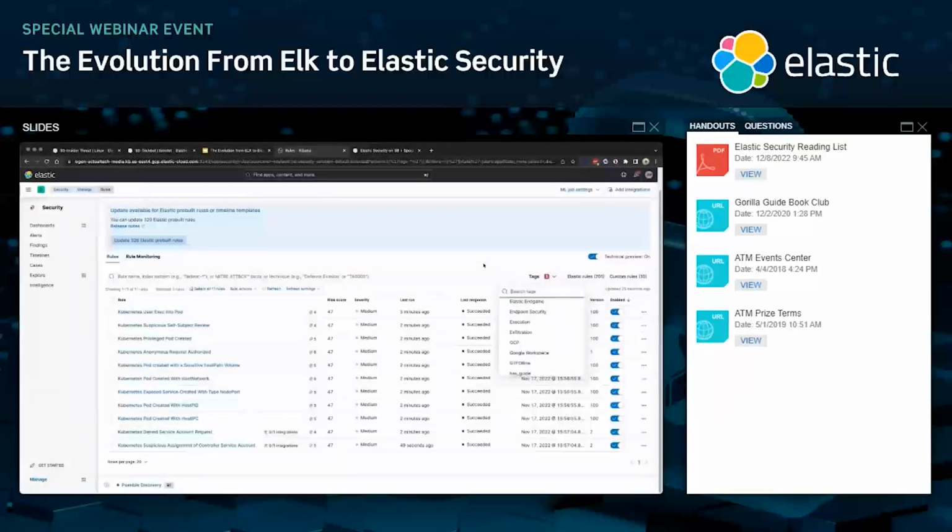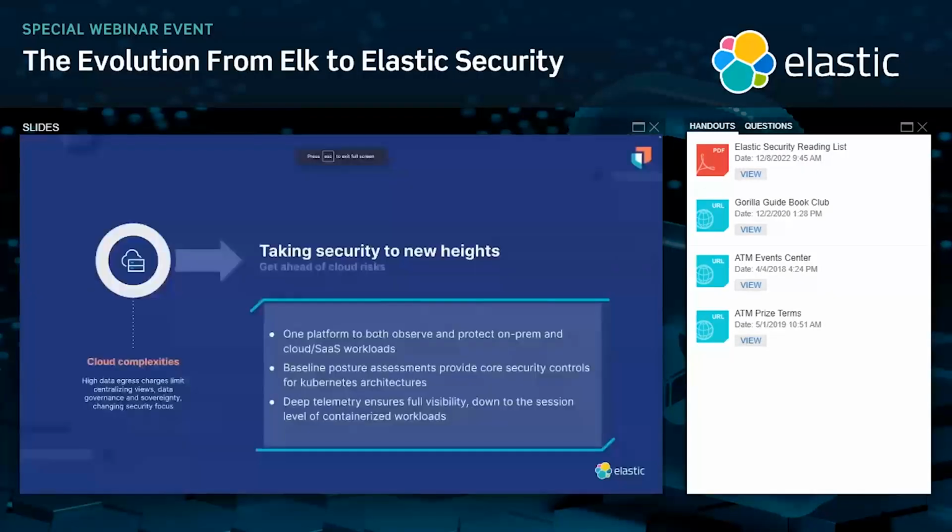So going back to the slides, what did we see here? Hammering that one platform to both observe and protect, in this case, your cloud workloads and runtime environments. We're seeing baseline posture assessments for Kubernetes, KSPM in this case, CSPM coming shortly, against the CIS benchmarks.